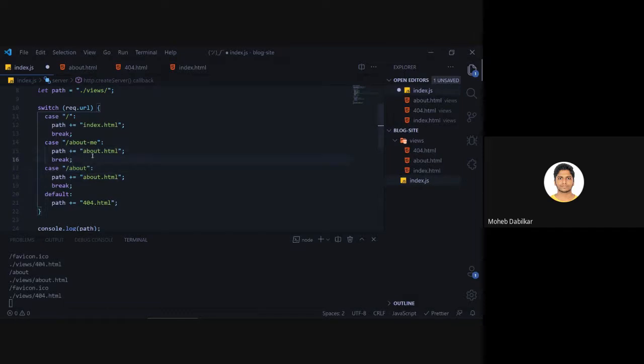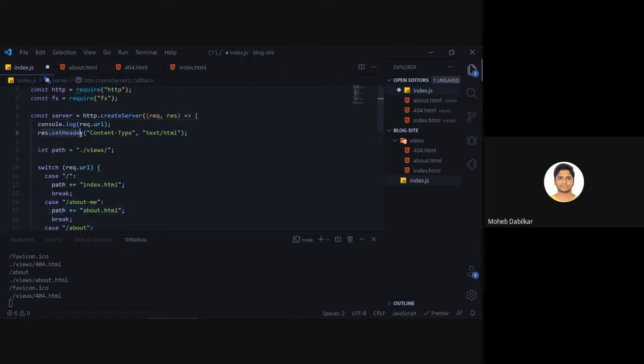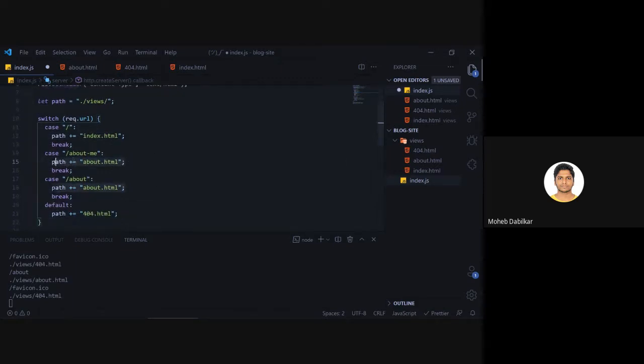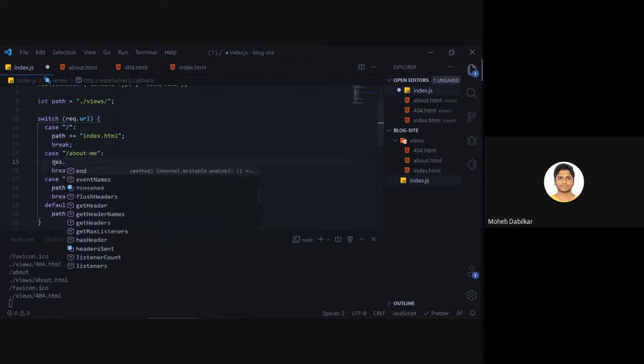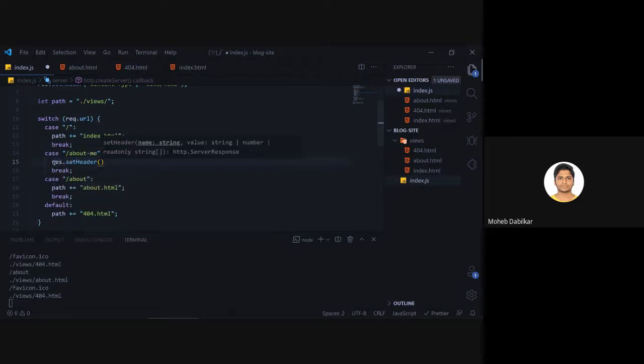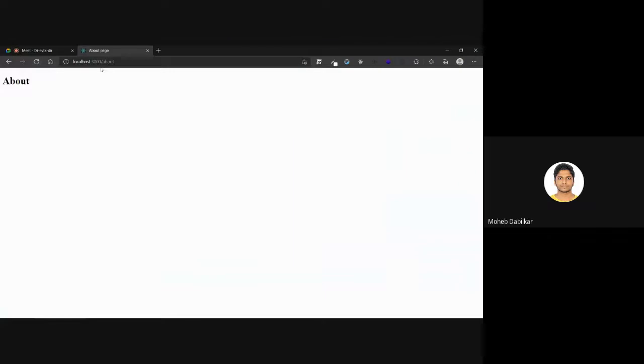So what I will do is, instead of saying path, you see we set header over here. We can do something similar as well. We can say response dot set header, and then over here we can pass in the location. Now we have this, and then we can say slash about and refresh it.